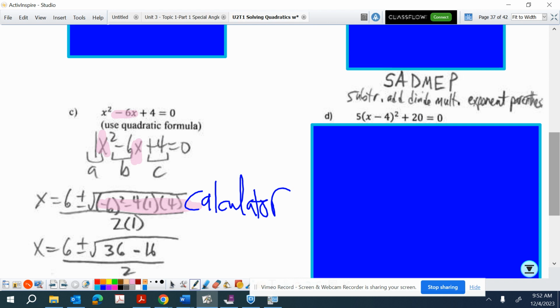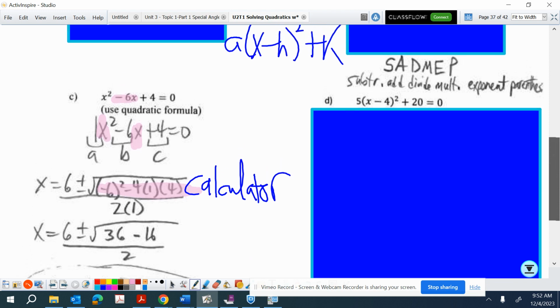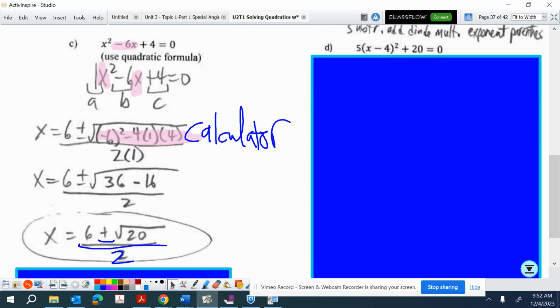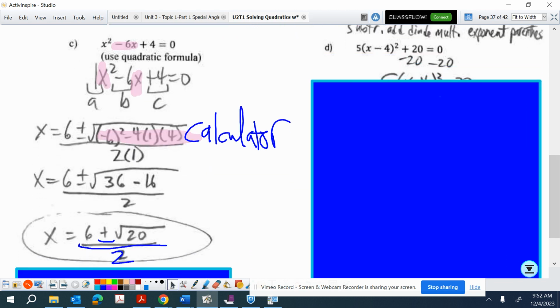To solve something that's in vertex form, if you recognize this, this is in vertex form: a times x minus h squared plus k. So we're going to use the square root method, but in order to undo, you're going to have to use the opposite of PEMDAS. You're going to have to use what I call SADMEP. You're going to have to subtract and add first, then divide, then multiply, and then use the rules for your exponents and your parentheses. So since I have to subtract or add first, I'm going to subtract 20 from both